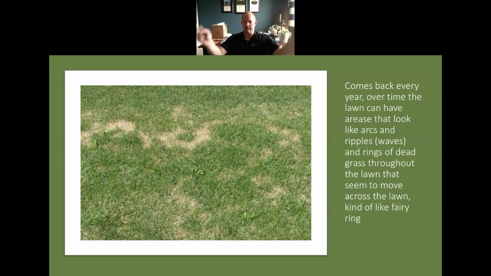Sometimes you can even see these rings forming, or like I said, an arc forming, in different areas of the lawn, and it just seems to kind of move. These things seem to move across the lawn, kind of like a fairy ring, but a fairy ring stays in place. I mean, these things literally, again, it's almost like it's marching or moving across the lawn very, very slowly. You're not going to be standing there watching this happen, obviously, but if you keep going back to that lawn, especially if it's an area that you mow weekly, you'll just see how this thing kind of lingers and progresses